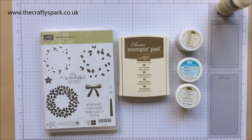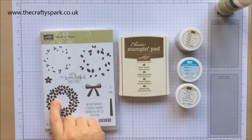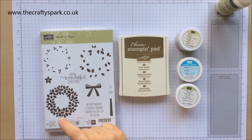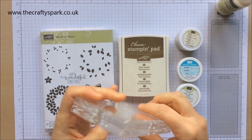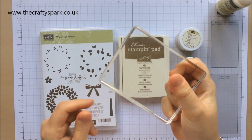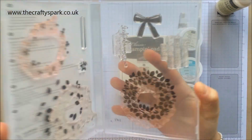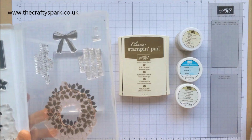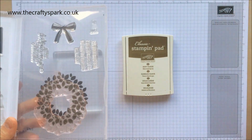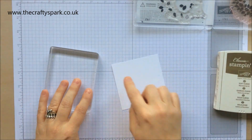All right. Now then, in addition to that little lot, if you have got this set, I hope you have, you will need a big block. This one is E block, because these wreaths that are in here do take quite a large block. Okay. Right, let me just move these out of the way, because we are going to start with our 3.5